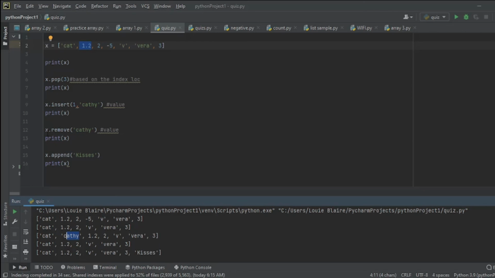What if we wanted to remove another index? So, ganito lang din: type X, pangalan ng variable, that operator, and add the method remove. And then, inside sa condition or argument sa parentheses, ilalagay natin yung value, hindi index location, kundi yung value mismo ng gusto nating i-remove. For this example, I wanted to remove Cathy. So, if ni-remove natin si Cathy at print natin, makikita nyo class, pag pinag-run natin, mawawala na si Cathy kasi